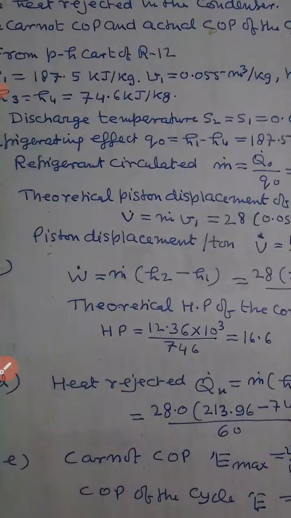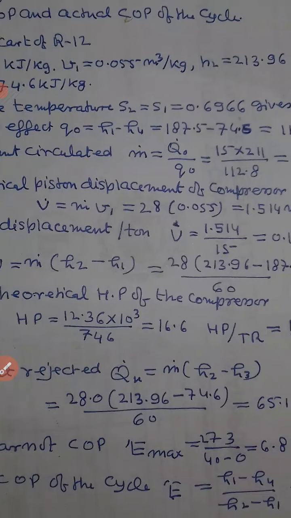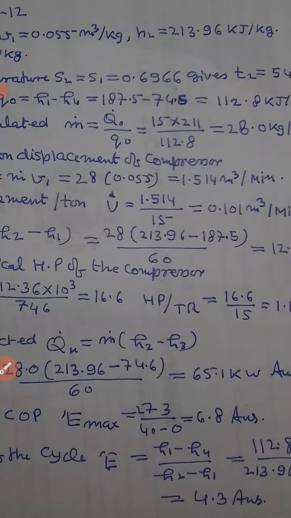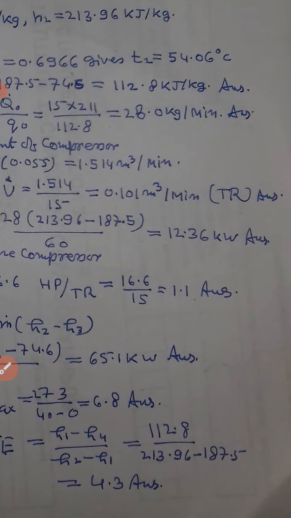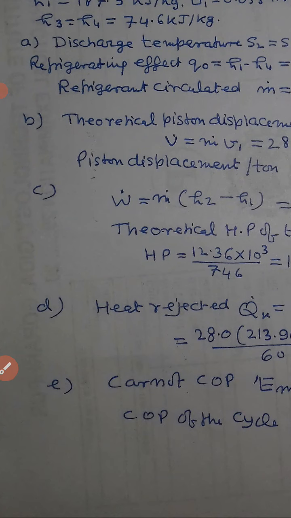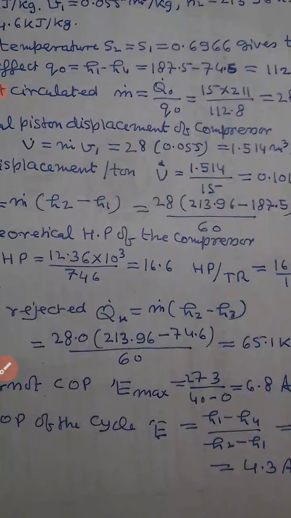Okay. Then theoretical HP of the compressor will be 12.36 into 10 power 3 divided by 746, and that gives 16.6. Then HP per TR is 16.6 divided by 15, and that gives 1.1 as the answer. Okay. Now the fourth part, the numerical is asking for heat rejected, that is Q dash K, given by M